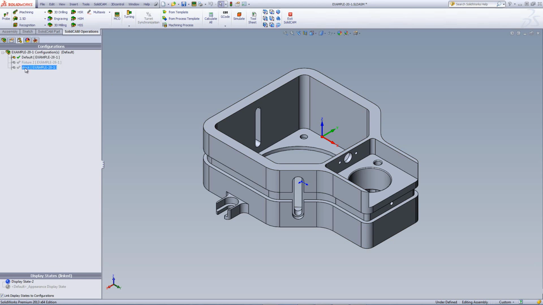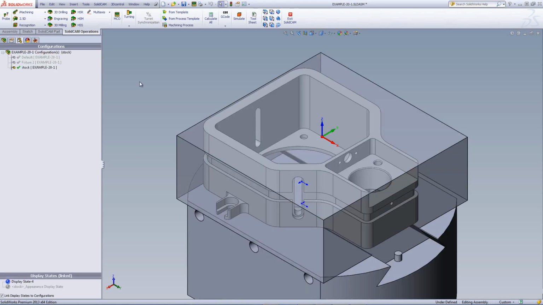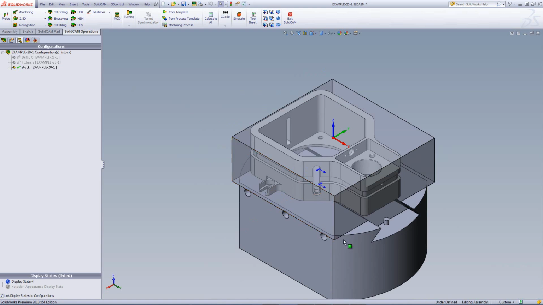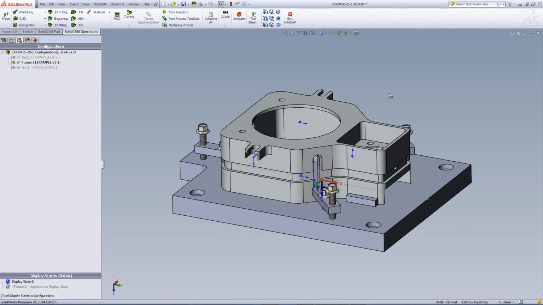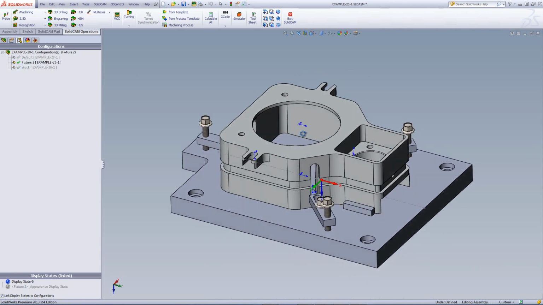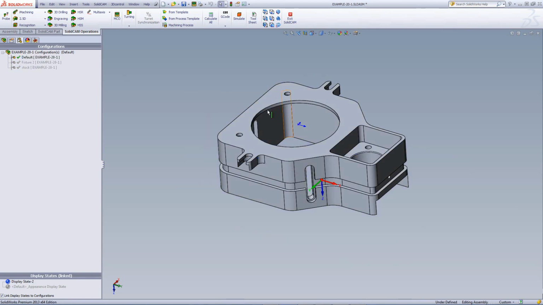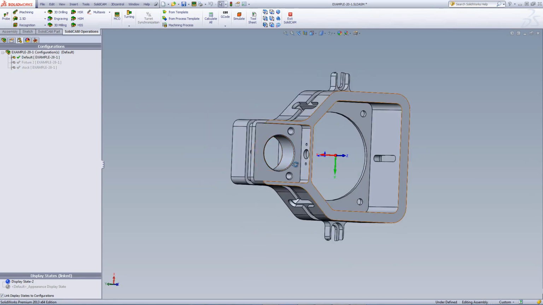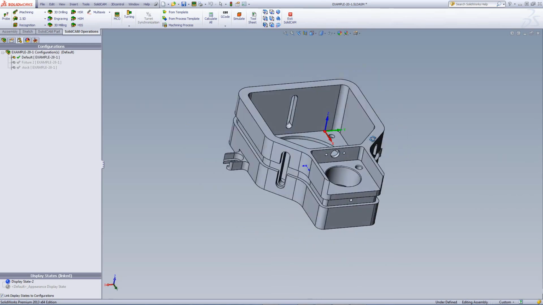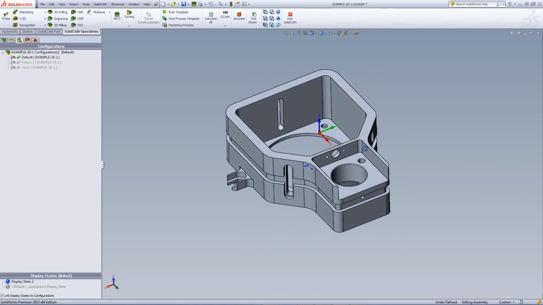I have it with the stock, showing me the part with the stock and the first fixture. And I also have Fixture 2, showing me the part, how it's going to be held in the second fixture as well. And of course, as I said before, I also have the default option, which is just the part the way it originally came, and the way which will sometimes make it easier for me to work on as